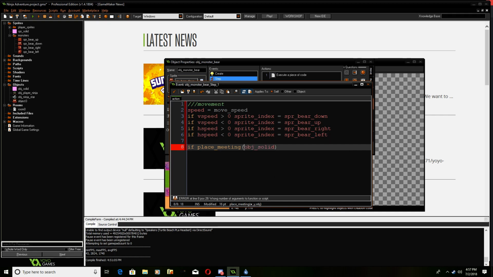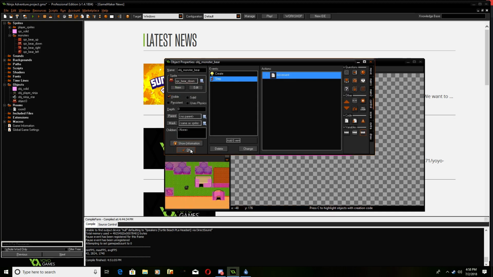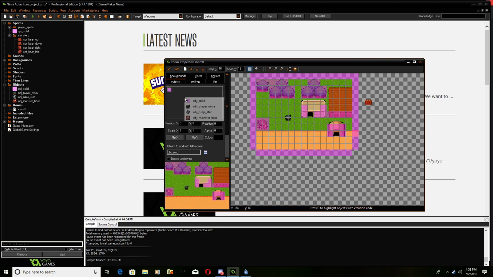I'm pretty sure that's not how you do it. We'll just go XY. Yep. So if place meeting, this means if it is touching another object, then what I'm going to do is reverse the speed. So speed equals negative speed. This hopefully should work. It may not. We'll see. So what I'm going to do, I'm just going to put that bear in the room,